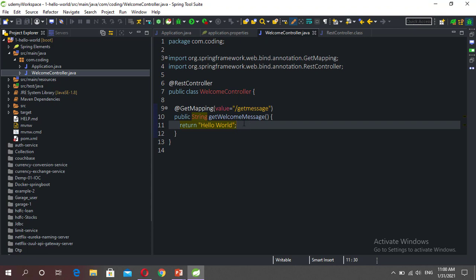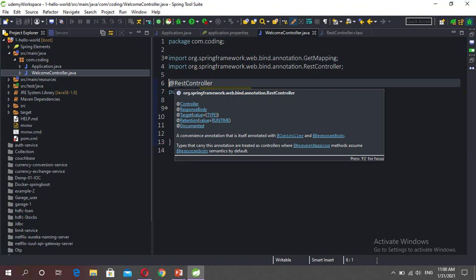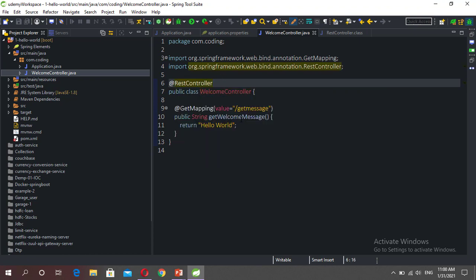So guys, we created one simple application and then created one class as a controller. This controller should be a RestController. RestController is a combination of Controller and ResponseBody. Then we create one method to get a welcome message.